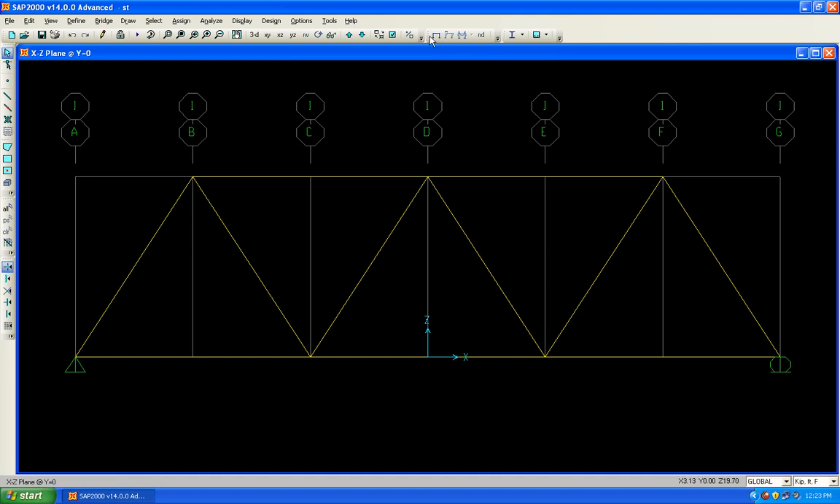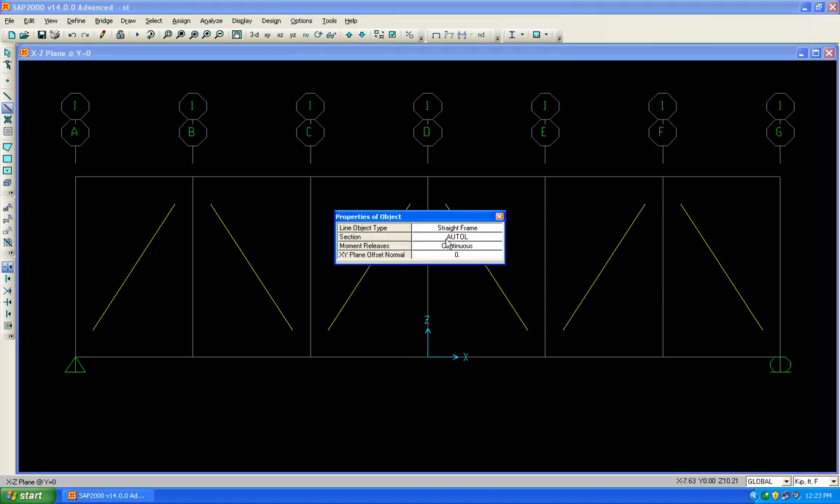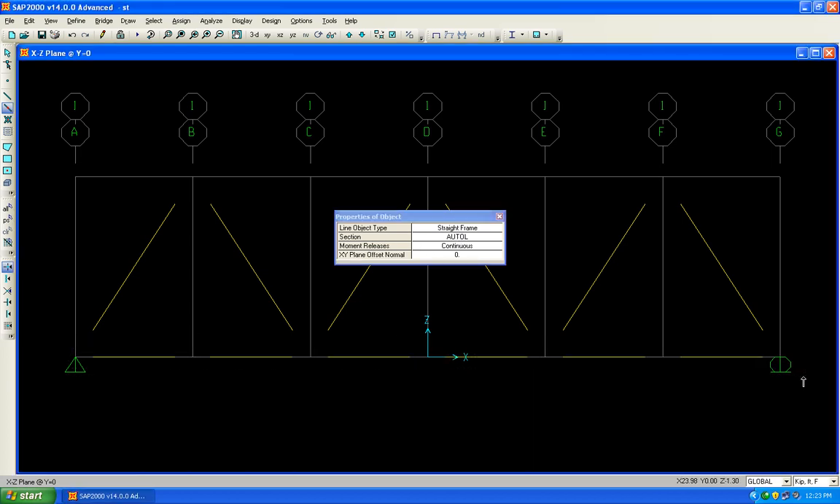Now if we extrude our view, we can see that we have a single element here. Okay, so we don't need this, we need to separate it down. So we need to delete these members, this one, delete it, and go to